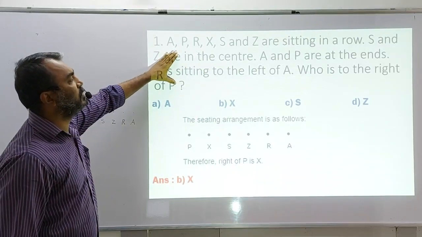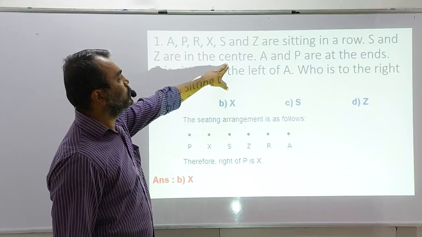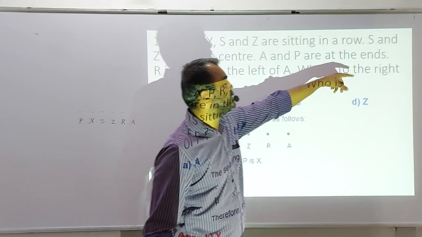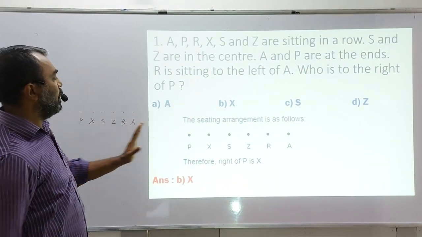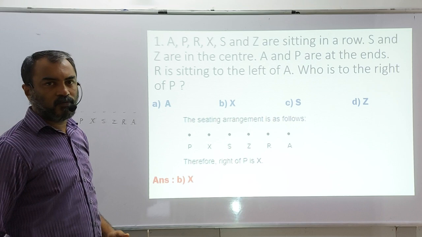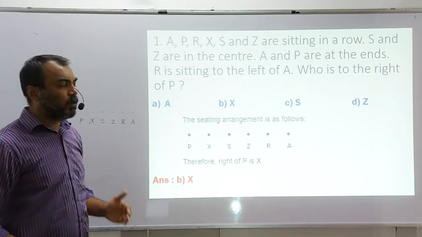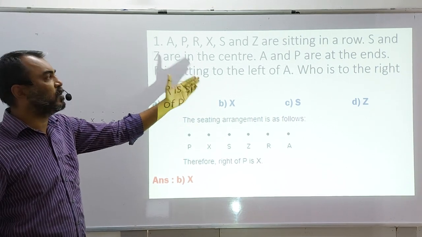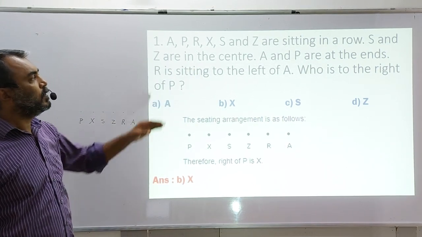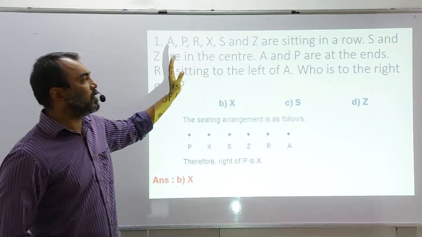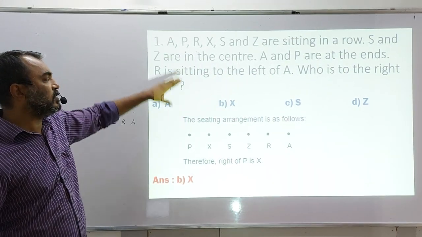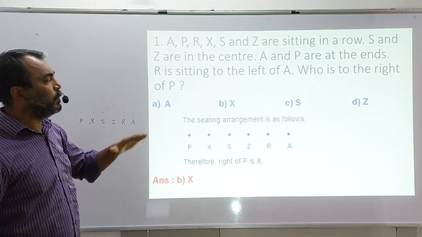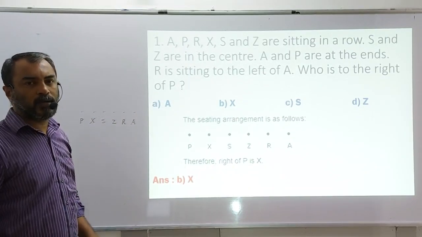And which are the keywords here? The keywords. Center. You should know what the center is. Center is exactly in the middle. You should know what the ends are. Where are the ends? And you should know what is the right and what is the left. So in these questions, along with your mental thinking, one very important thing is knowing the meaning of certain English words. The center, the ends, the right, the left are the keywords in this type of questions. So you have to first understand those keywords, and based on those keywords you will get your correct answer.